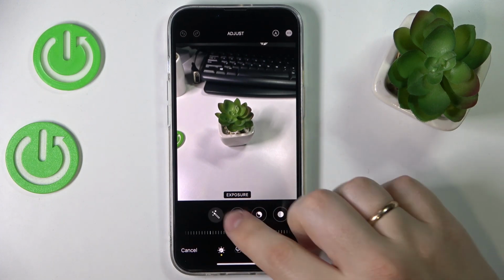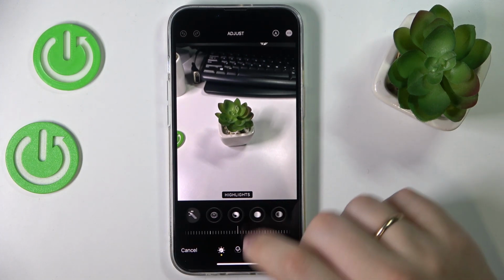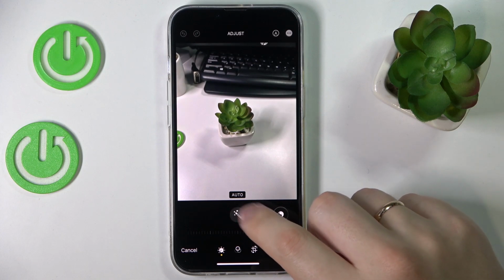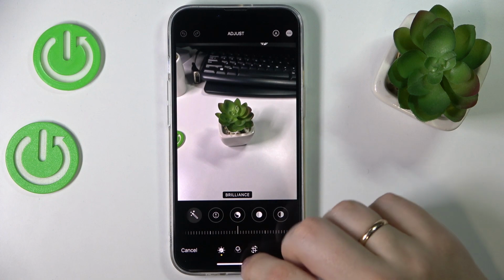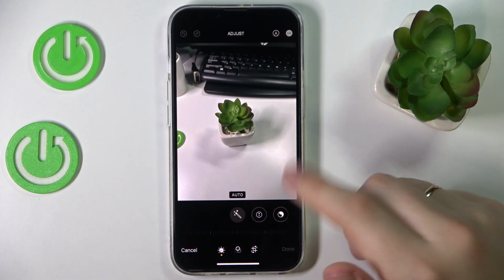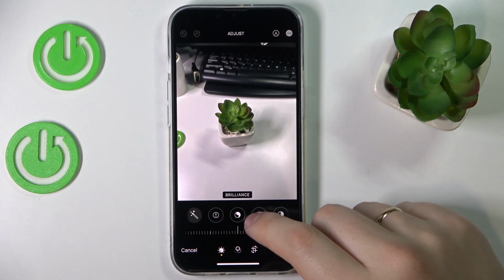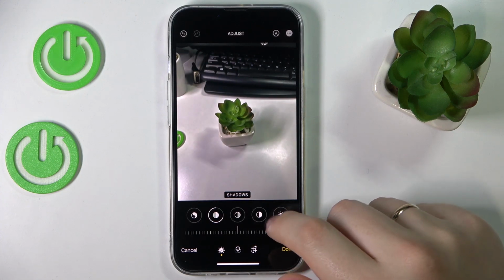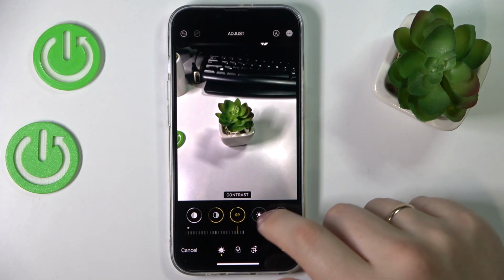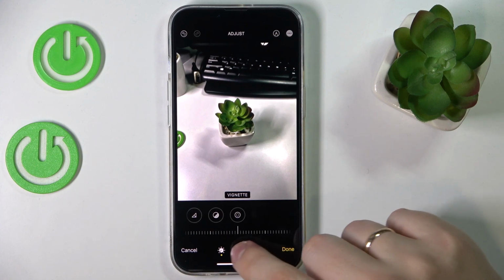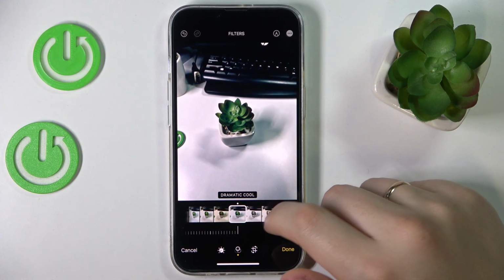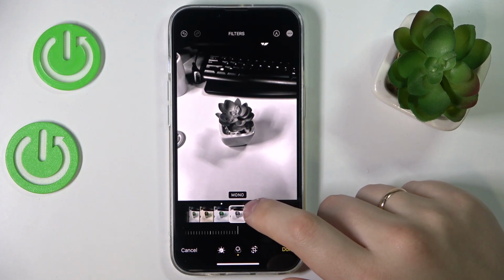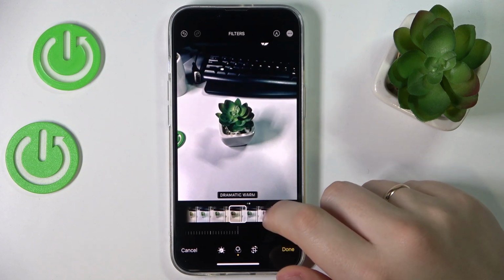And in here you have quite a few configurations to work around. So in here you can change some parameters of the image, so exposure, brilliance, highlights, shadows, contrasts, and many more, as you can see right here. This section will allow you to apply some preset effects,